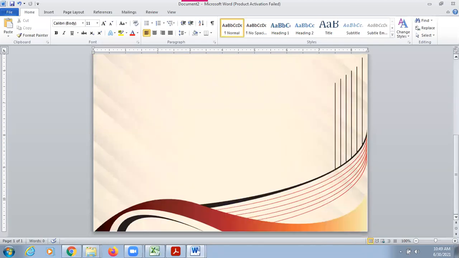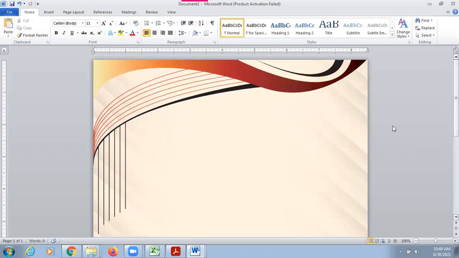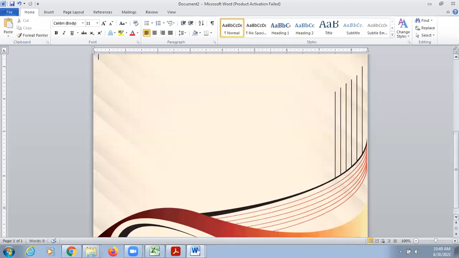The main page is ready. Now you just have to place the content and images according to your requirement, right? So this was the designing part of newsletter. In the same way, you can design the certificates also, e-certificates. You can do the designing of any other pamphlets, any other, like you must have seen the letterheads of different companies. So you can do the designing of letterheads also in this way.